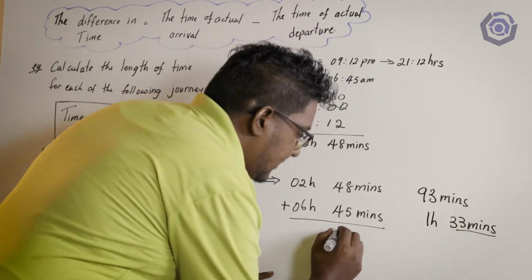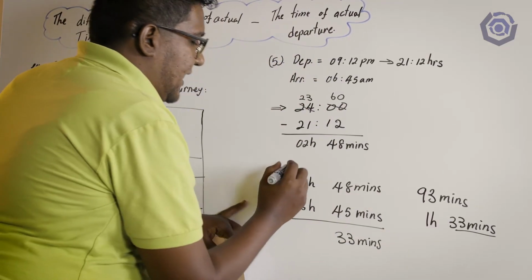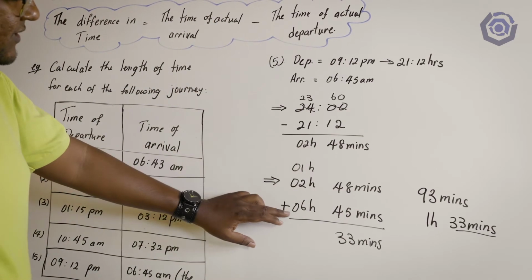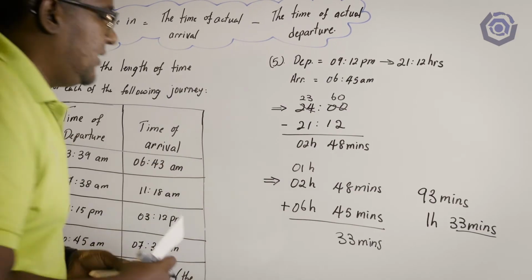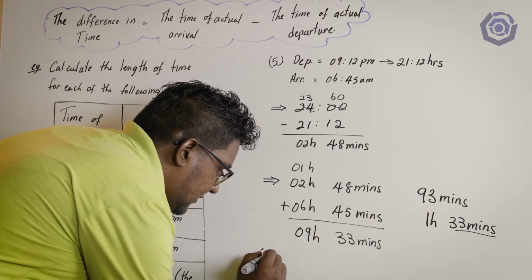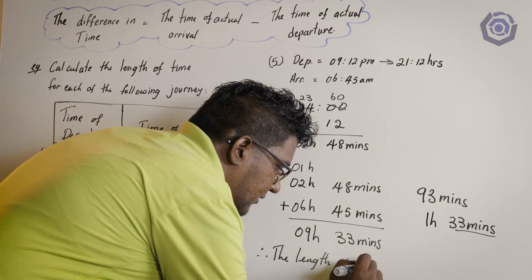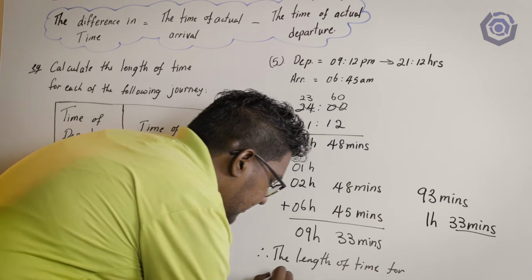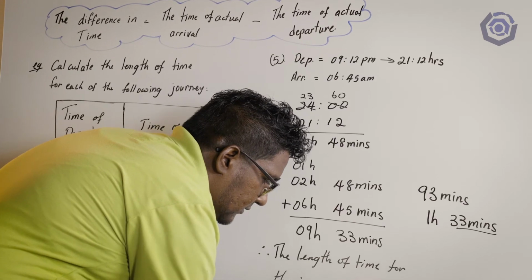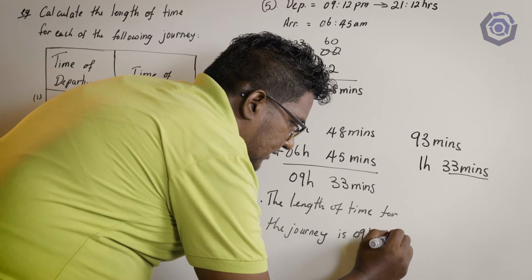So I'm going to put in the 33 minutes here, and then the 1 hour, I have to add up here. So for the hour, we're going to have 6 and 2, 8 and 1. That's going to give me 9 hours. The length of time for the journey is 9 hours and 33